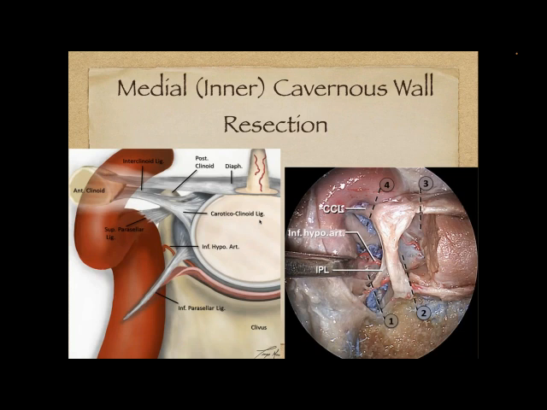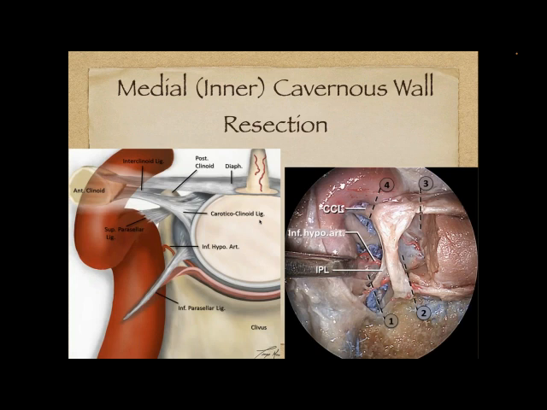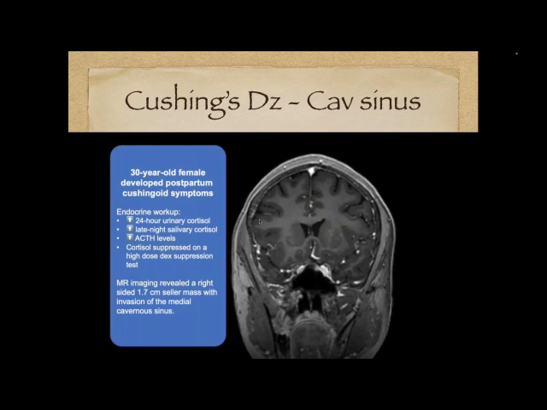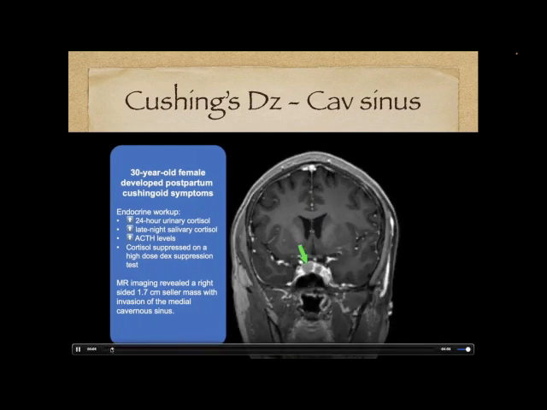Now, the more we realized that we could get into the cavernous sinus, the more we wanted to study this. And so the next step was to look into a cadaver lab and do some study that way in the anatomy lab and really look at what is the cavernous sinus, and discovered that there are ligaments that are connecting the cavernous sinus wall. And by understanding these ligaments, we could understand better how to remove them and how to safely remove the medial cavernous wall. And so here's a typical case of a woman who had very clear Cushing's disease, very bad Cushing's disease. You can see the arrow pointing at the tumor.